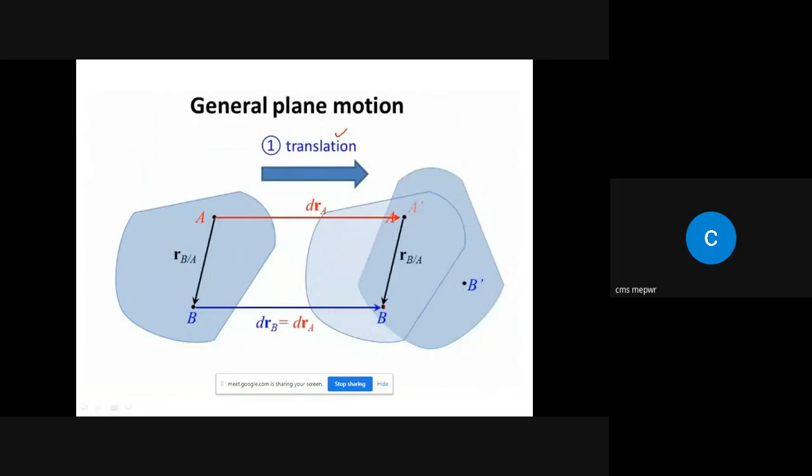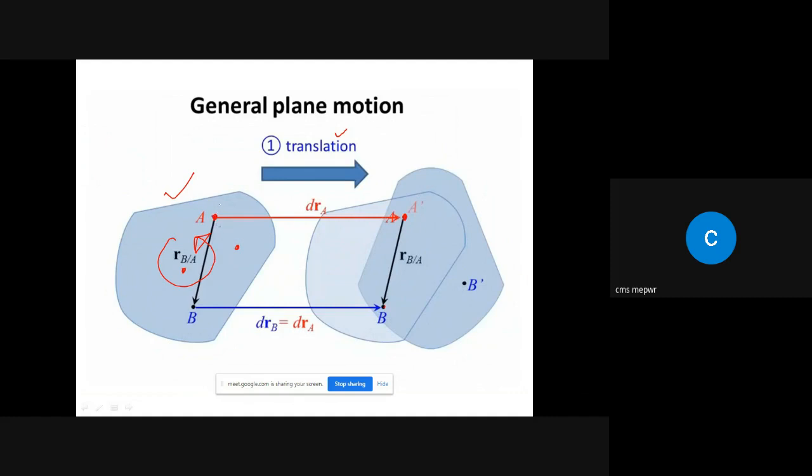For example, if this is the object, if this object has to rotate, for this rotation we need some fixed point. That fixed point may be over here, that may be over here, about which the object can rotate. So let's say in this case the fixed point is this point A. So if this is a fixed point, or about this fixed point, if the rotation has to take place,